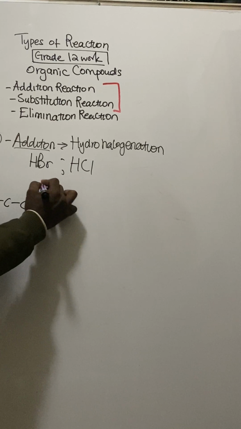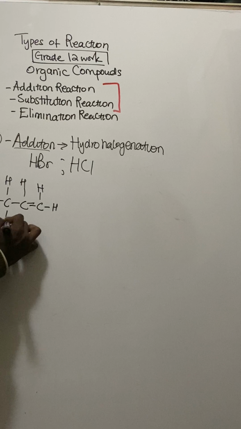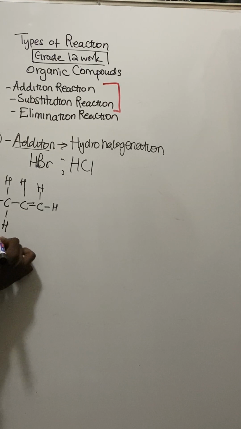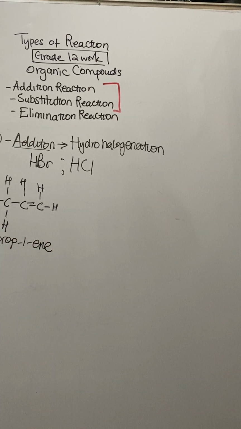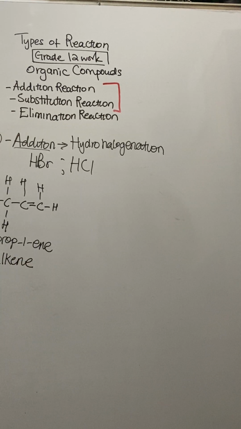H, H, H, H, then H. So what is the name of this one? The name is prop-1-ene. What is the homologous series? This is our alkene. Functional group, obvious,